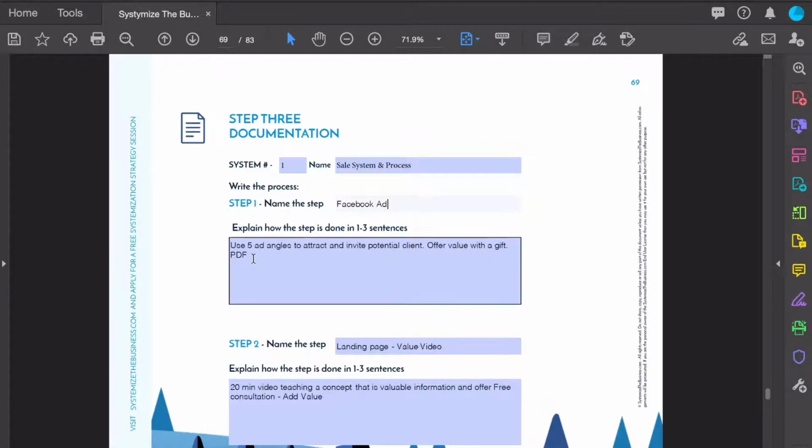With the Facebook ad, we're going to launch Facebook advertising that uses 5 ad angles to attract and invite potential clients. And through this ad, what we're offering is basically a gift. In my case, it's a PDF. Once we attract them with this lead magnet, which is this Facebook ad, and if they do click,